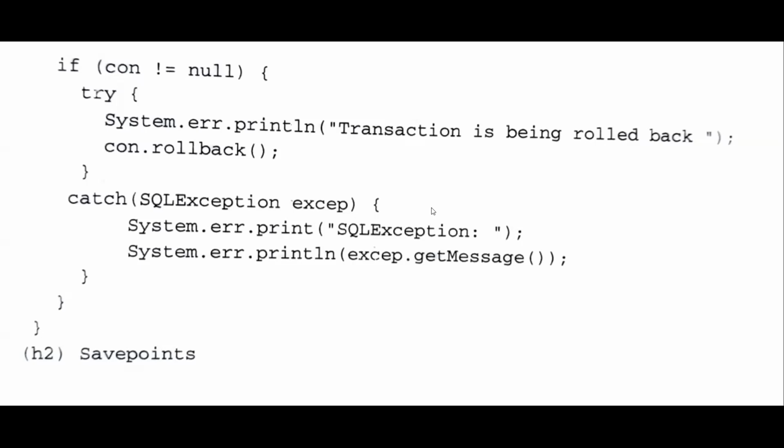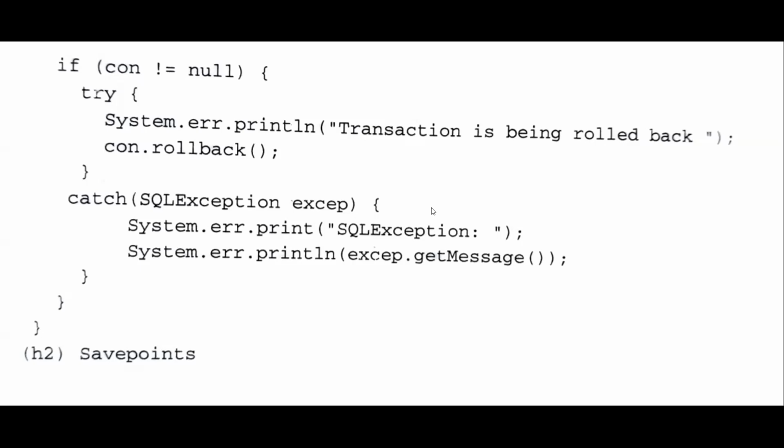So here, a transaction is a set of SQL statements that we want to bunch together and execute. If any one of them fails, then we will roll back. All the execution statements we will put in one try block. If all of them execute properly, we will come out of that try block without any exceptions. If we come across any exceptions, we will move to the catch block.